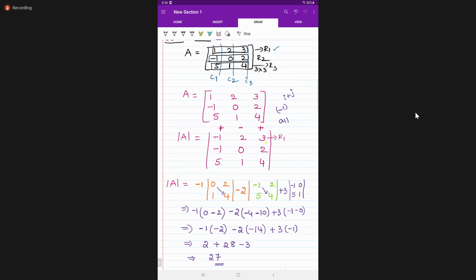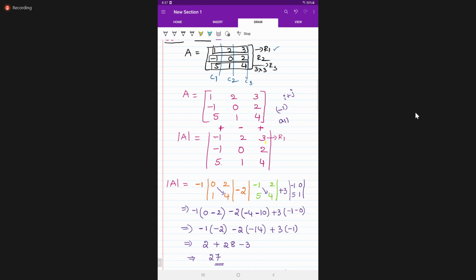Ma'am, symbols for the second row and third row, you show, ma'am. Yeah, you can use that. Second row, we can expand; third row also. The symbols, that time you wrote, ma'am, for the second row and third row. Yeah, we'll get the same answer only.